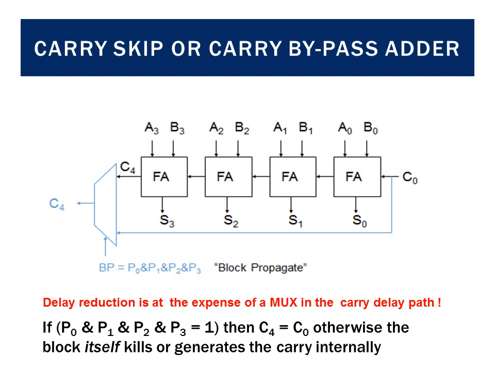Now whenever the block propagate signal is equal to 0, that is, whenever any one of the inputs to the AND gate is 0, then in that respective adder carry will be either generated or killed, and then it needs to be propagated through the subsequent stages, and then the C4 will come as an output, and that output will be treated as the final output.